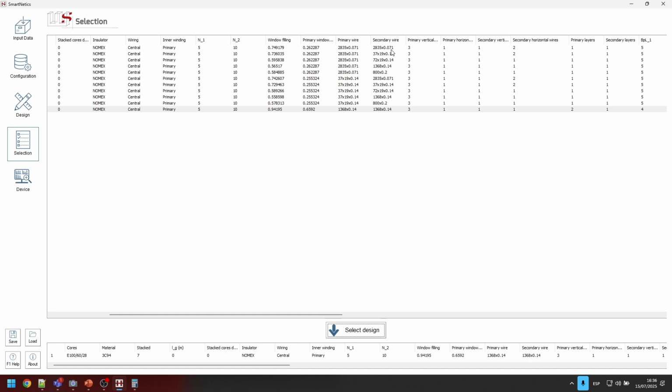So this was the first step, how to reproduce what you already have on your laboratory. The next step is to go a little bit further, which is something we think is one of the best abilities of our application, which is, okay, now I know the device I have.